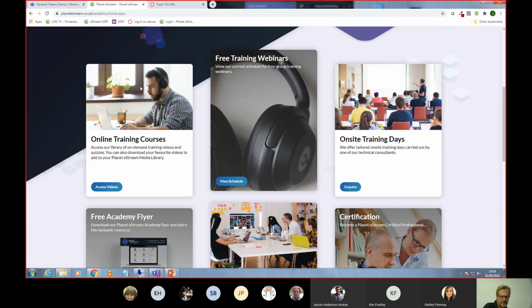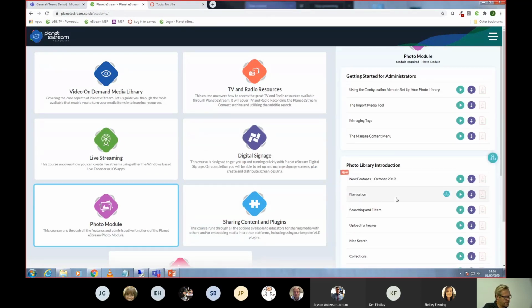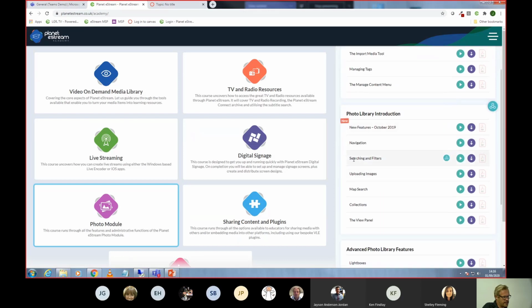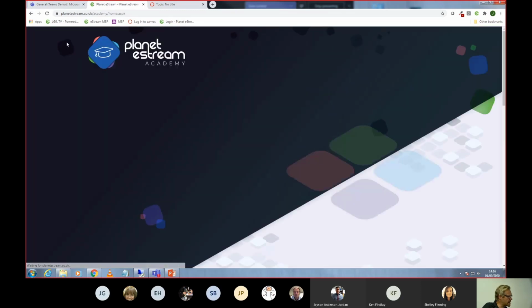So it's got basically videos and quizzes as well, that you can go into and say, right, I'd like to know a little bit more about the photo module, and then all the things on the right. So I've got downloads for PDFs and things, let's say navigation, new features, map searches, and so on. So we've got loads and loads of options in there that you can have a look at, videos that relate to all the different aspects of the platform. If I just go back to the Academy,